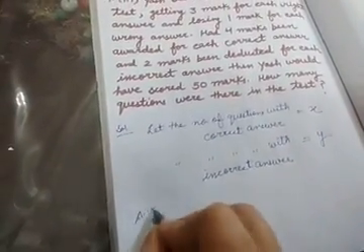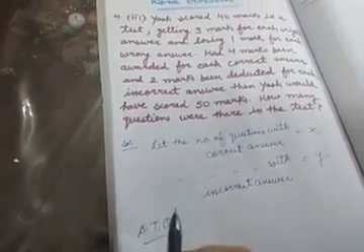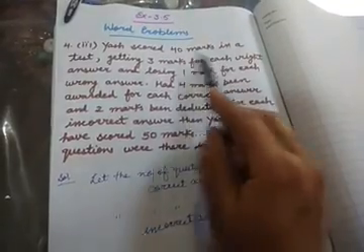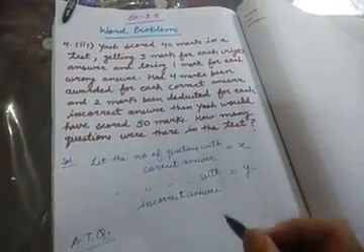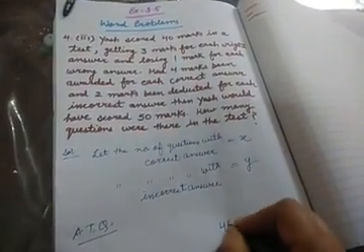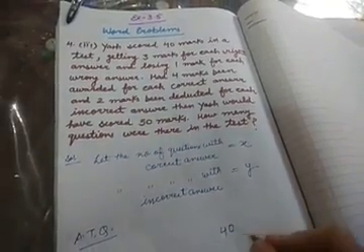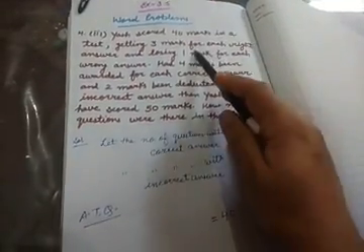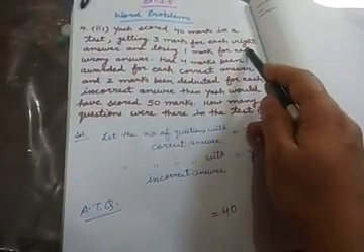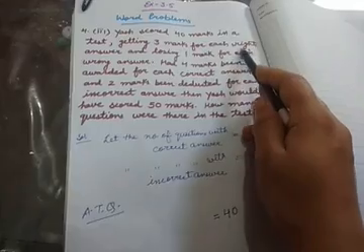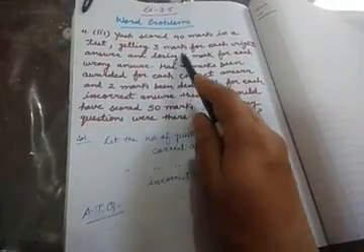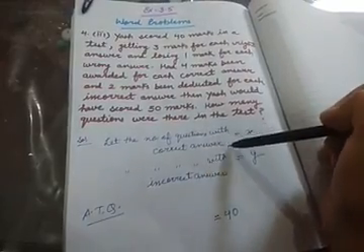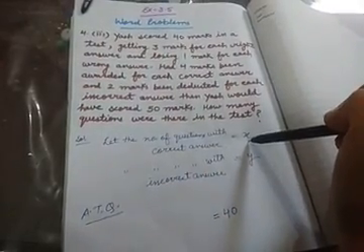Now what will we write according to the question? Yash scored 40 marks in a test. That means the total score in the test is 40. How is he getting this 40 marks? 3 marks for each right answer. For each right answer he is getting 3 marks. And the number of questions with correct answer is equal to x.